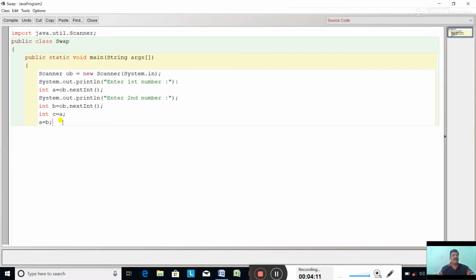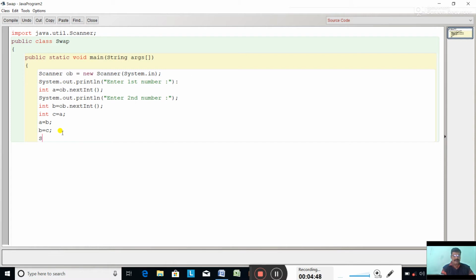Okay. Now, in the a we have stored the value of b, and in the b we are going to store the value of c. The value of c is the value of a. Once again, int c equal to a. The a was 85. The 85 is stored in c. A equal to b. B value was in sample input 35. The a value became 35. The a value is changed. B equal to c. The c has got the a value 85. The b became 85. So a became 35 and b became 85. So both the values are changed.